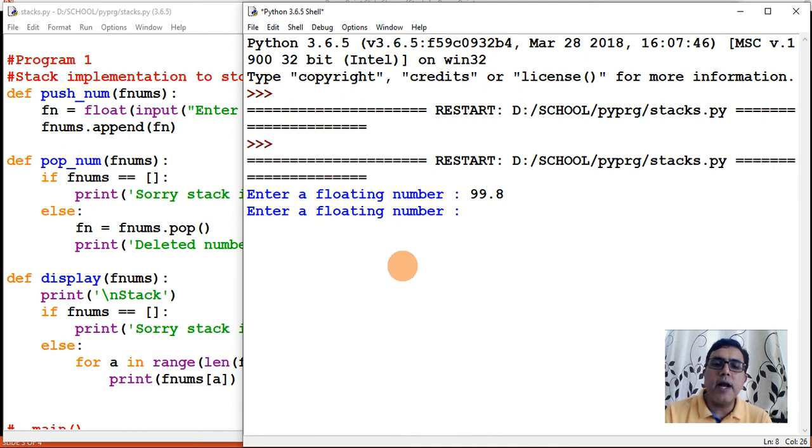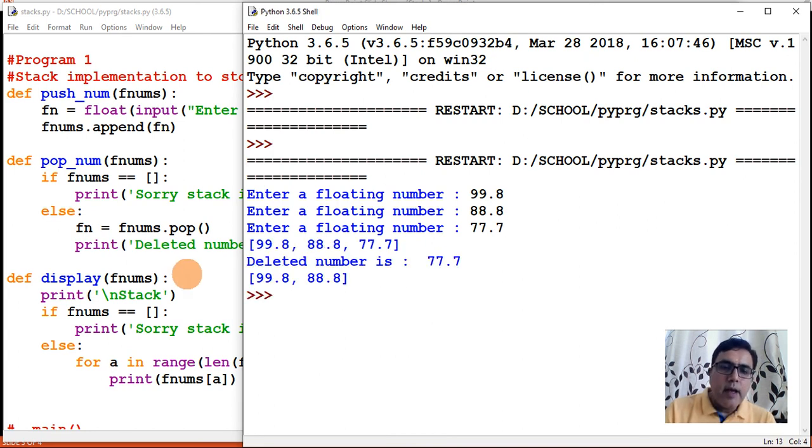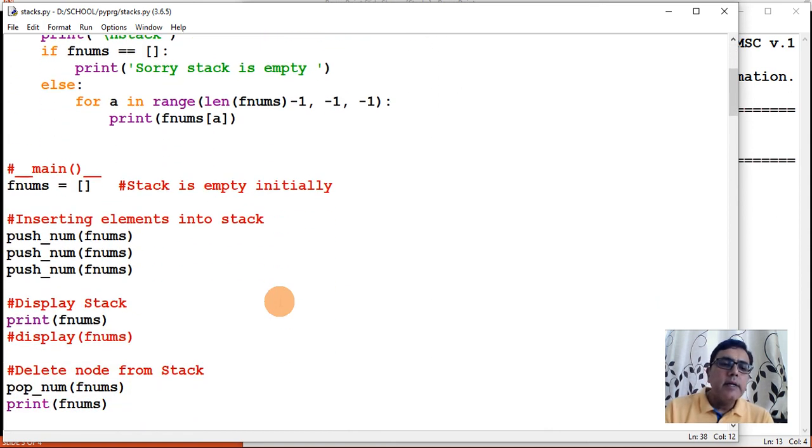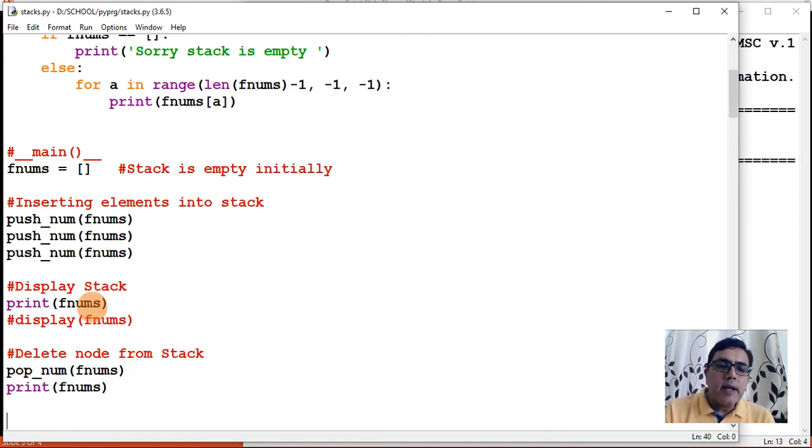Then the second value will be saved at fnums index 1. The third value will be saved at fnums index 2, right? So second time I'll enter 88.8. Third time I'll enter 77.7. Okay, after that what you had written here, display the stack.